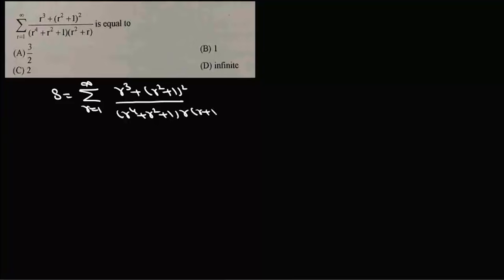Now here the question is, we need to find the sum of this infinite series which is given by the summation r varies from 1 to infinity of (r cube plus r square plus 1) whole square upon (r to the power 4 plus r square plus 1) into (r plus 1). What we will do is, first we'll simplify this general term, which is say tr. Now this tr will be (r cube plus r to the power 4 plus 2r square plus 1) upon (r to the power 4 plus r square plus 1)